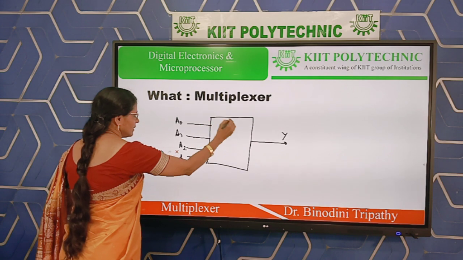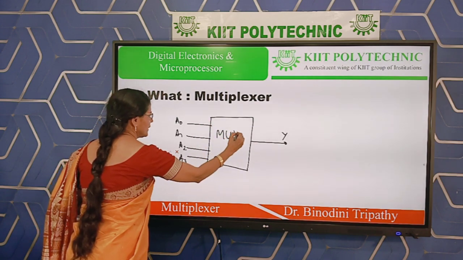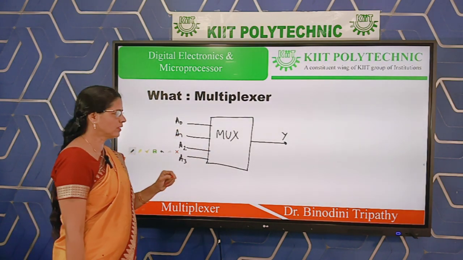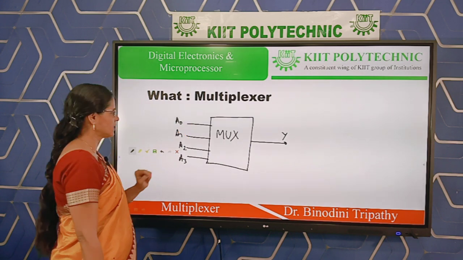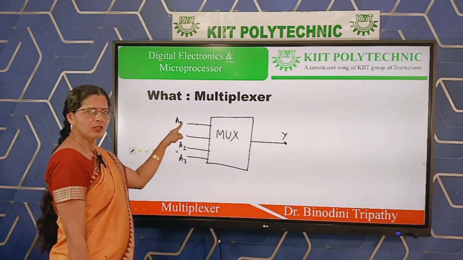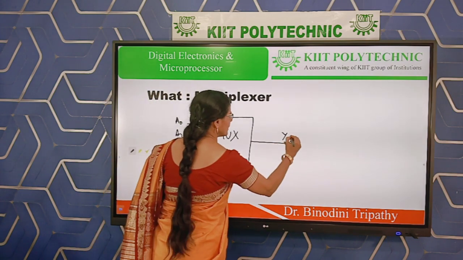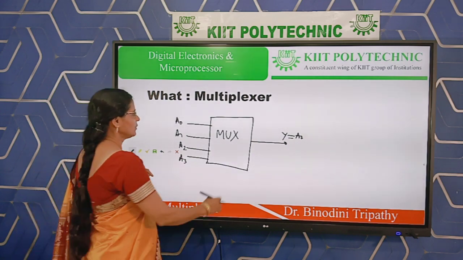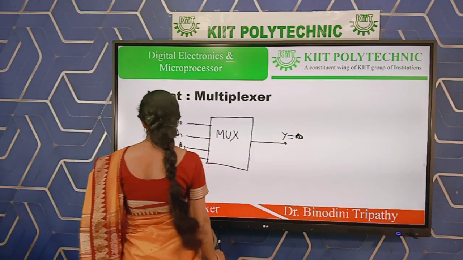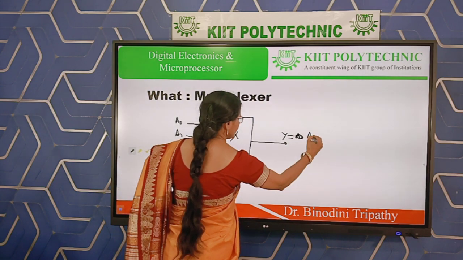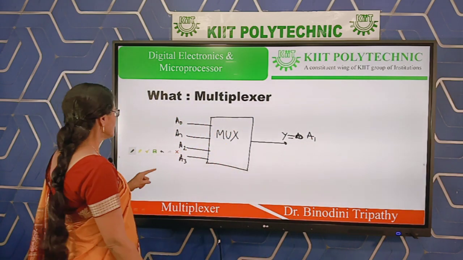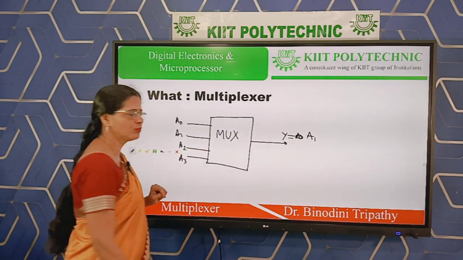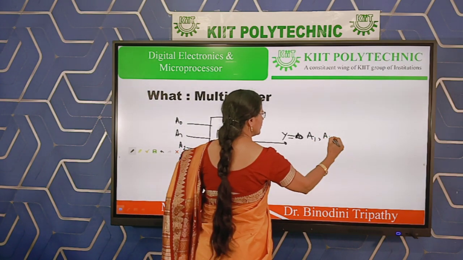So this is a MUX, multiplexer. Briefly we can call it MUX. 4 inputs, single output. As per the definition, it can select any one. Suppose your purpose is to select A0. Then the multiplexer selects A0 and Y will be equal to A0. Suppose you want to select A1, then the output will be A1. Suppose you are trying to select A2, the multiplexer can select A2 and the output at that time will be A2, like this.